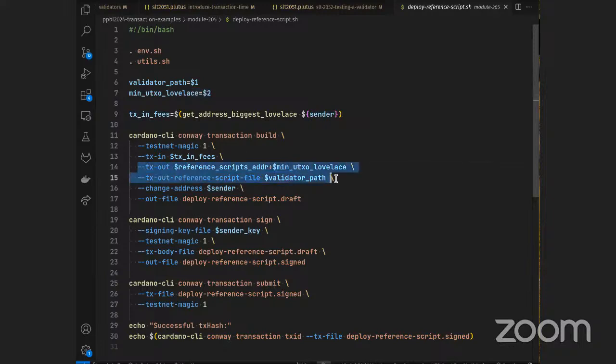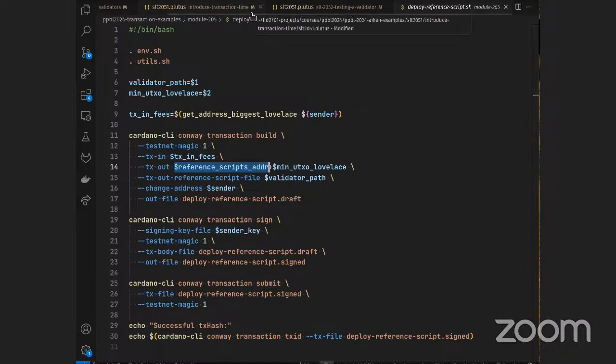This is a pretty simple spending transaction. If you've already been participating in the course, you should be pretty comfortable with this format already. All we're adding is that we want to attach a reference script file to this output. Where is the output going? Anywhere. In my environment file,